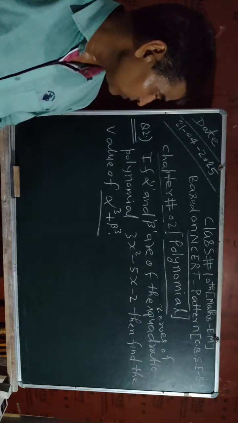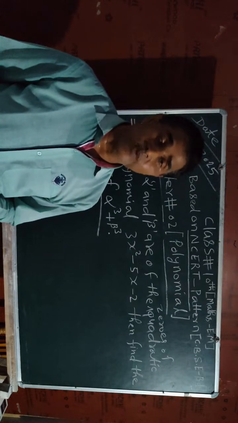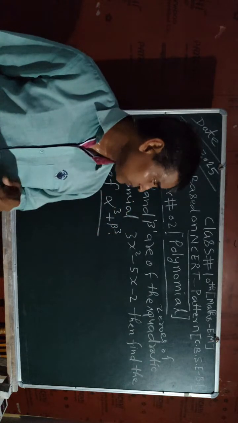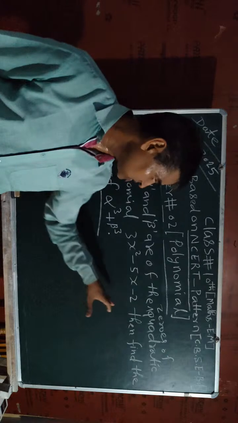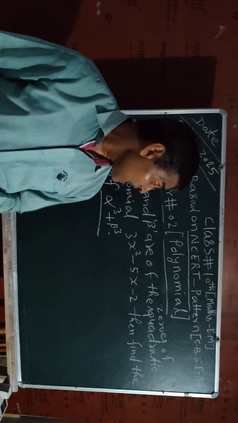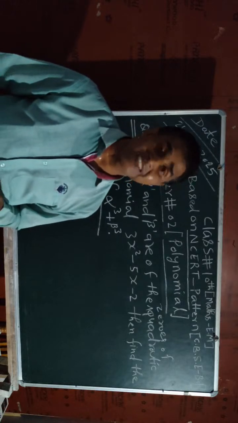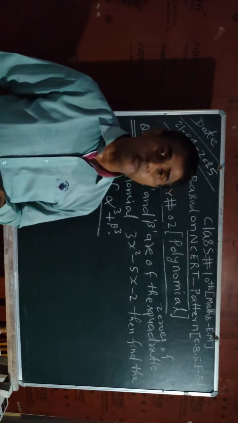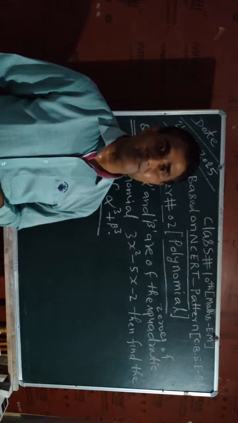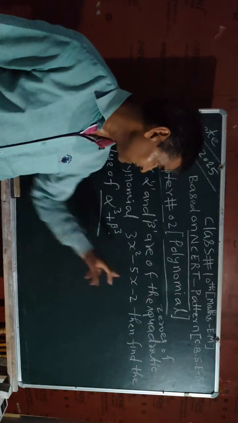You know very well that the sum of the roots is equal to minus coefficient of x divided by coefficient of x square, and the product of the roots is the constant term divided by coefficient of x square. Okay, student, you know these two conditions, and you have to use an algebra identity. The identity is a plus b whole cube is equal to a cube plus b cube plus 3ab, in the bracket a plus b. So the sum of the roots and the product of the roots you will get from this equation,